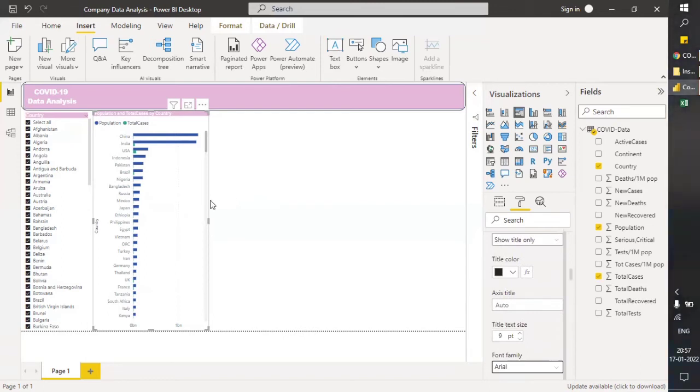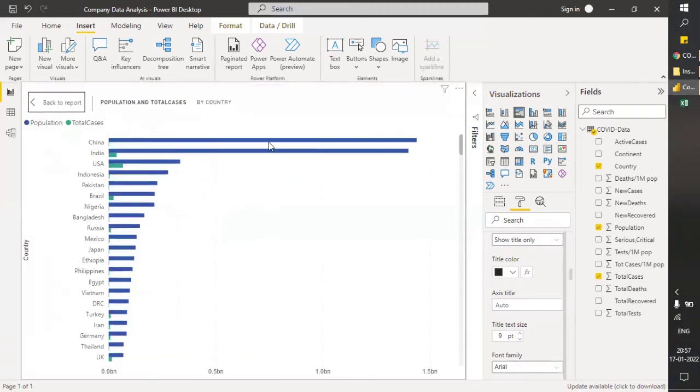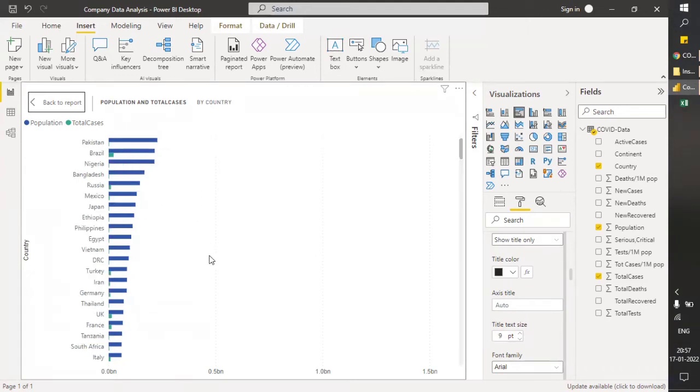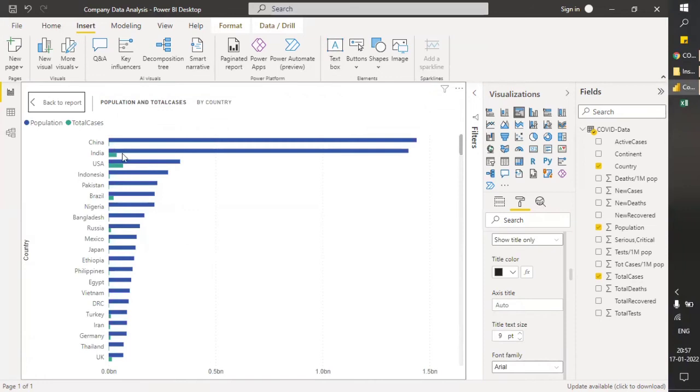Fine. Okay, so let me just enlarge this, and you can see this is the population of China and how many people got affected. It's very minute when compared with the population. This is just a comparison of the percentage of people affected compared to the total population of the country.